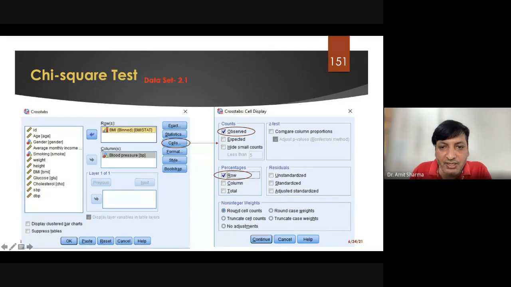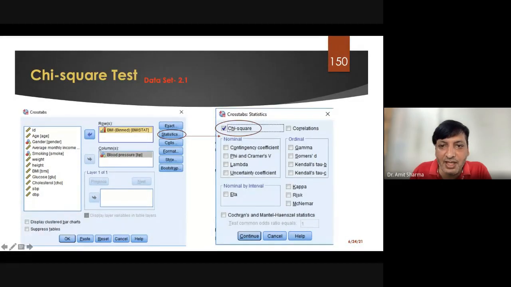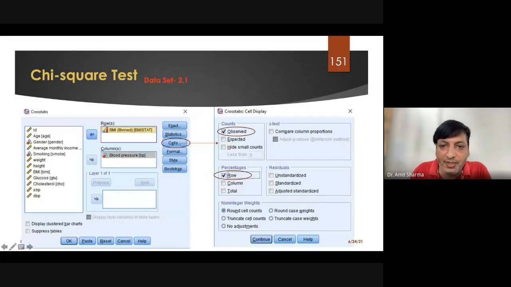Now I will let you know that this is the most common mistake my students make. They will click on Statistics, click on chi-square, and apply the test. They always forget to click on this Row. Now I will let you know what will happen if you forget to click on percentage of row, and what kind of data we are going to generate. You will not be able to conclude anything from the test if you do not click on this Row option. I'll mark it out with red color so that it will be easy for you to see this Row.